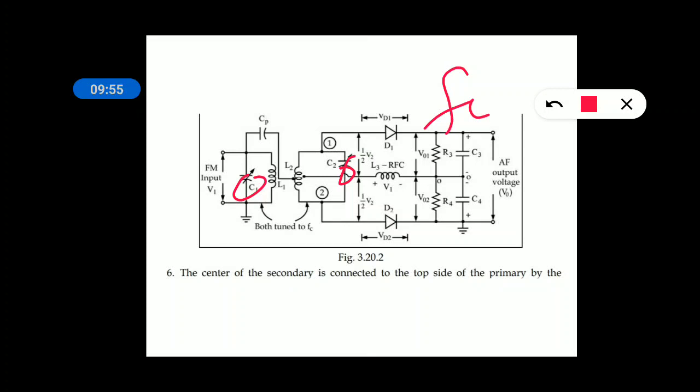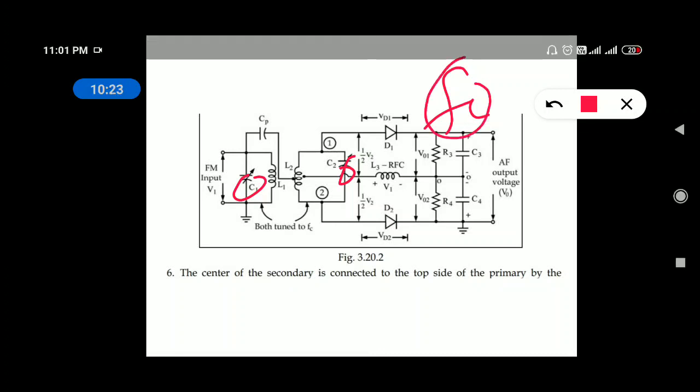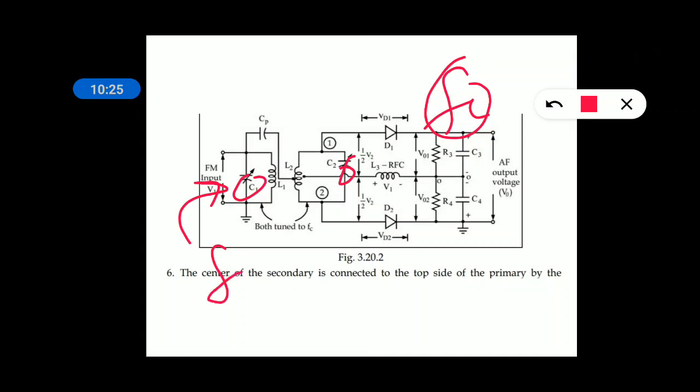That means it is something like a tuned circuit. The output will be exactly available from input to output when the frequency of the input is the same as the tuned frequency of the transformer, otherwise the output will be more or less, right. So this transformer will have a tuned circuit, with tuned frequency called Fc, and the input is always varying. The input frequency varies depending upon your FM signal.